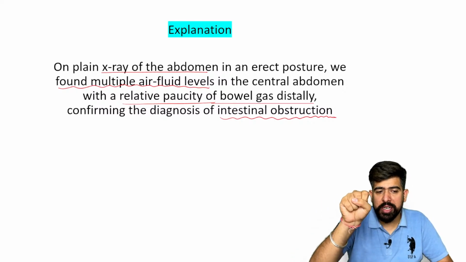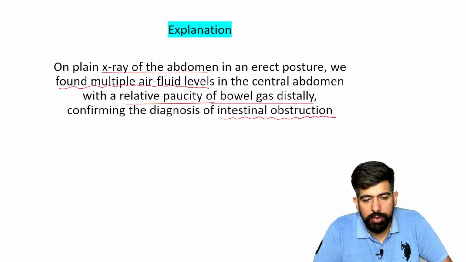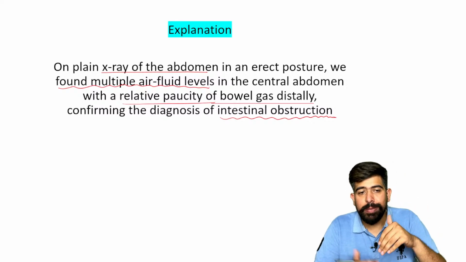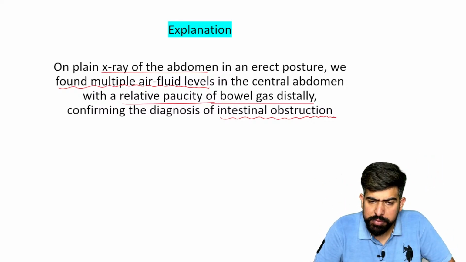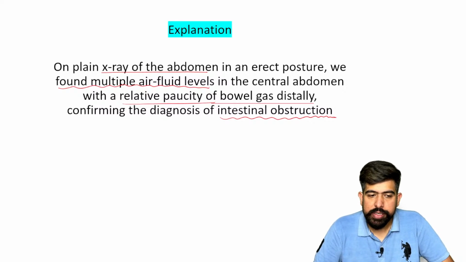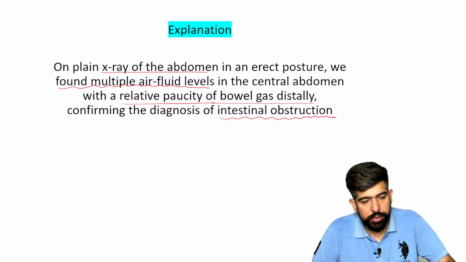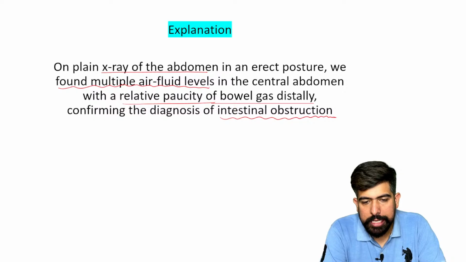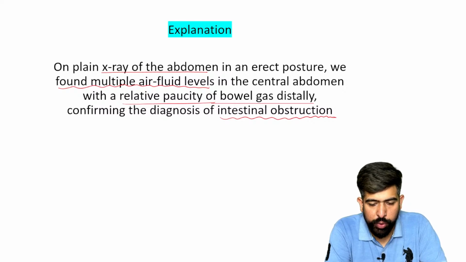If intestinal obstruction is there, how is it possible that all the fluid passes? Whatever you have drunk, as I drink this water, it will also pass through the intestines, and air is also trapped because of the intestinal obstruction. So in different areas there will be different findings of intestinal obstruction. Clear, doctors? Very good. Let's move forward. So the answer here is multiple bubbles which are fluid filled.